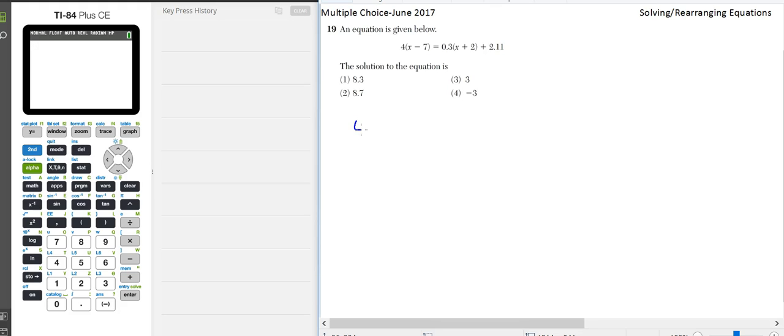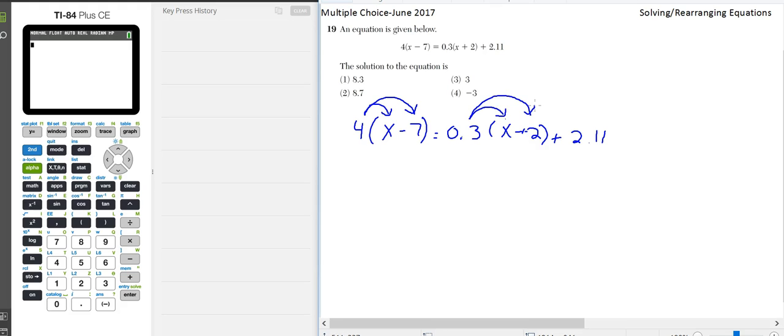The question is 4 times x minus 7 is equal to 0.3 times x plus 2 plus 2.11. So the first thing, we want to solve this equation for x. The first thing we're going to do is get rid of these parentheses by distributing the 4 over the x and by distributing the 4 over negative 7, by distributing the 0.3 over the x and distributing the 0.3 over